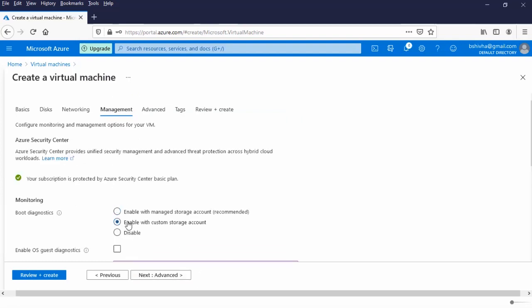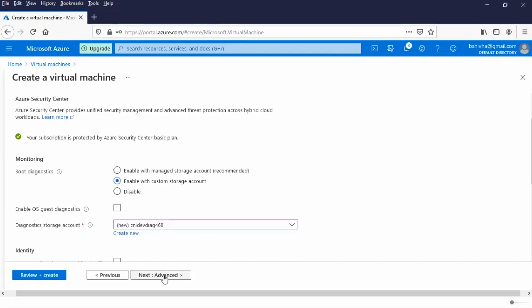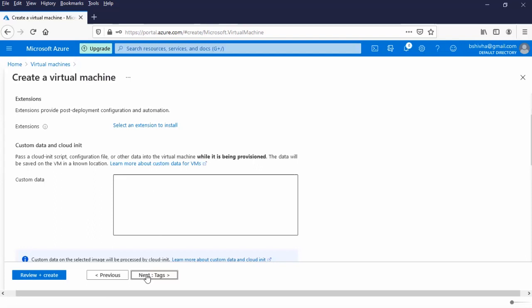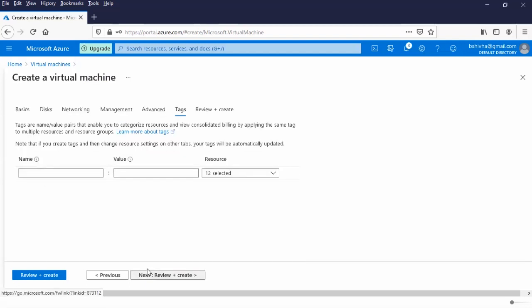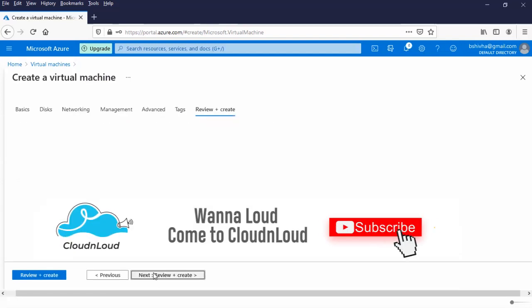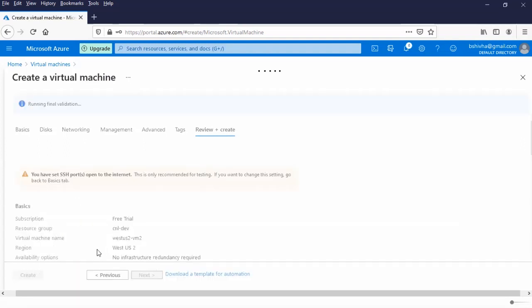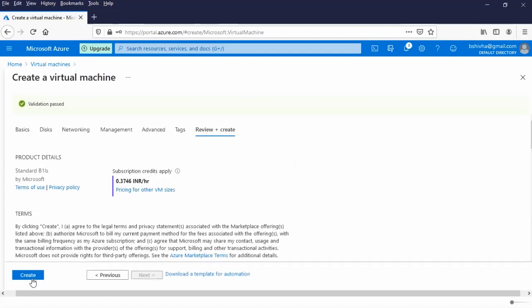It is very much recommended. Go for advanced. So we don't have any bootstrap here. So review, create. So create.